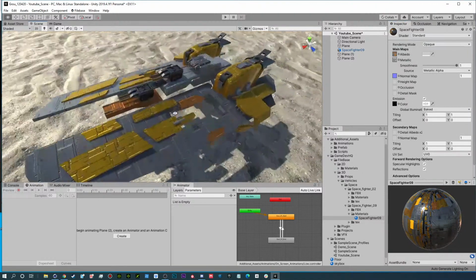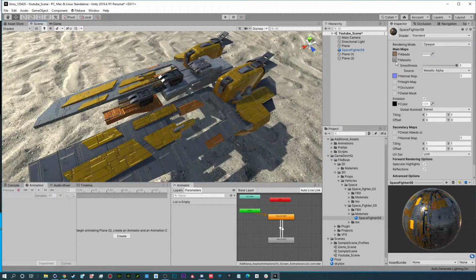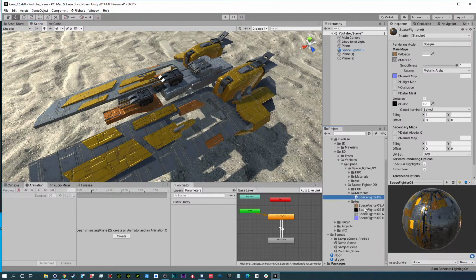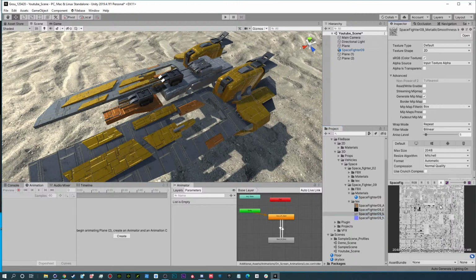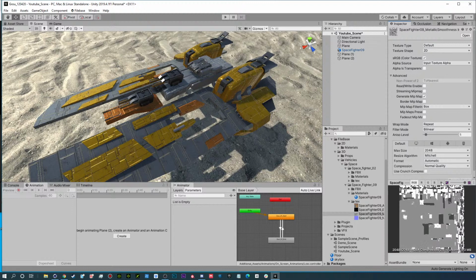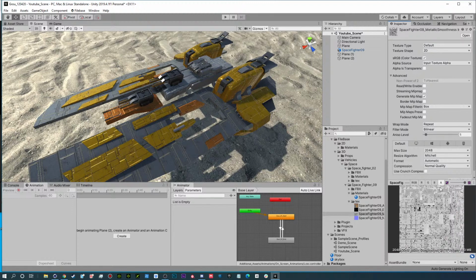So the idea being that we have a color shader, which is your albedo. We have this channel, which is the metallic roughness, and this is a special texture. The metallic roughness has really 2 components to it. The RGB, these 3 right here, deal with the metallic. So the brighter it is, the more metallic it is. The less bright it is, the less metallic, the more non-metallic. And then we have a roughness, and that roughness is the alpha channel. So if you compare the RGB right here to the alpha, it looks completely different because they are different